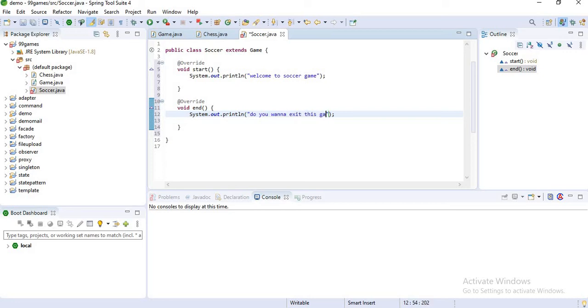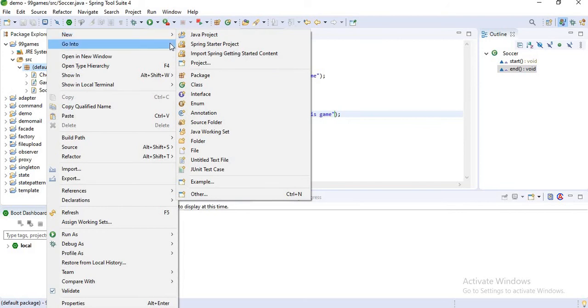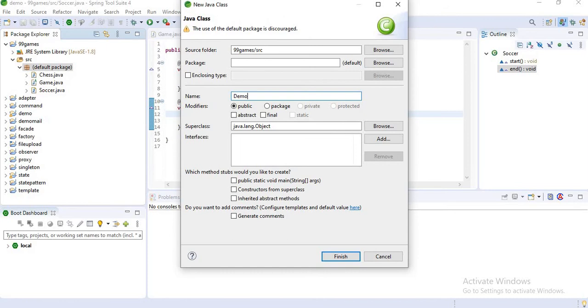Now I will create a main class. Here you can see how I am using this template design pattern. I will demo how I am using it.